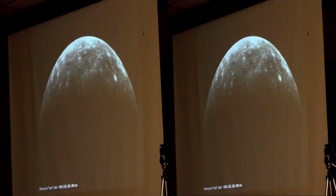This is a color image of Mercury, and you can see it looks kind of like what you'd expect the moon to look like if you took a picture of the moon in color. It's close to true color, although it's kind of debatable how you make true color with these narrow angle filters. But it's pretty gray, maybe a little brown, a little reddish. And that's just to preface